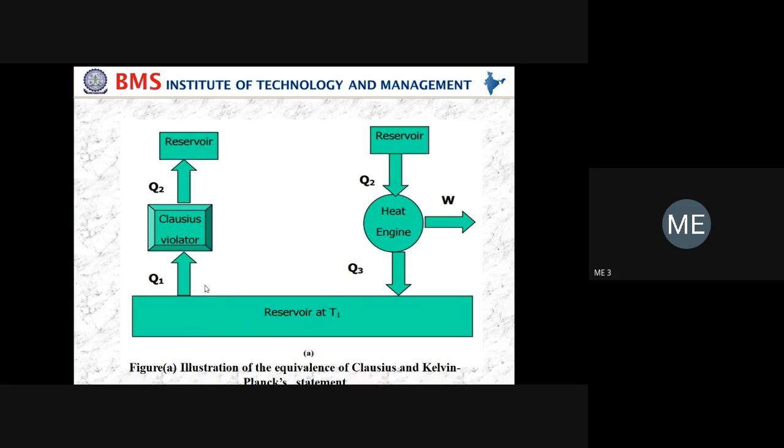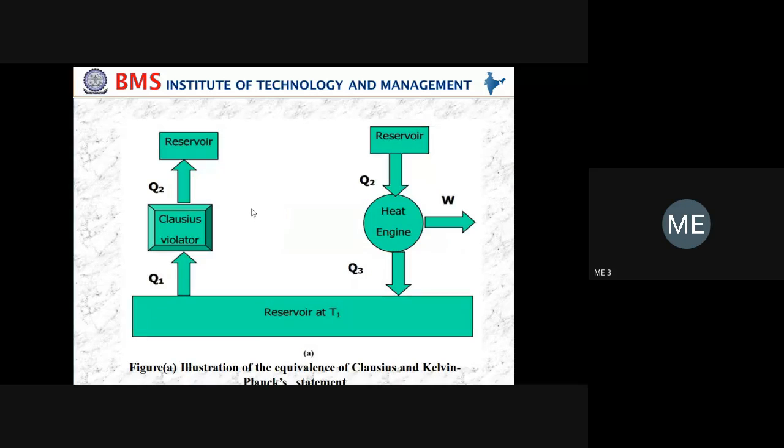In the case of a pump, the Clausius violation is mainly related to the heat pump. Q1 is the heat extracted from the sink, and this is the heat pump, and this is the amount of heat supplied to the reservoir which is at higher temperature. You remember, it is the source, and whatever is there now is the sink. We are having only one sink, and here there is no work done at all.